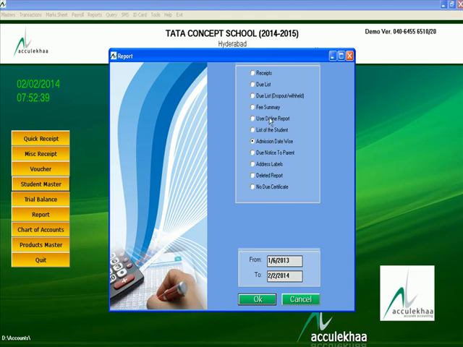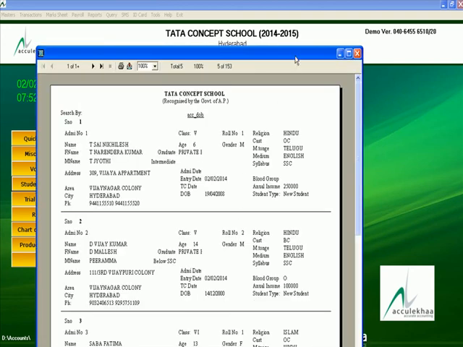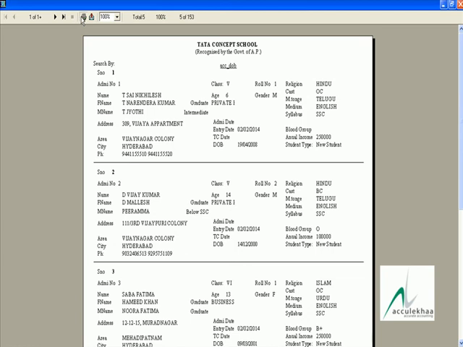Suppose you need maximum data, you can use this user defined report, select all class, give the date, okay, then you are able to get a report like this, and you can take a printout of this report also.